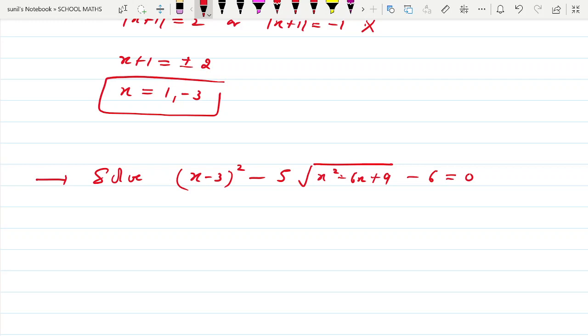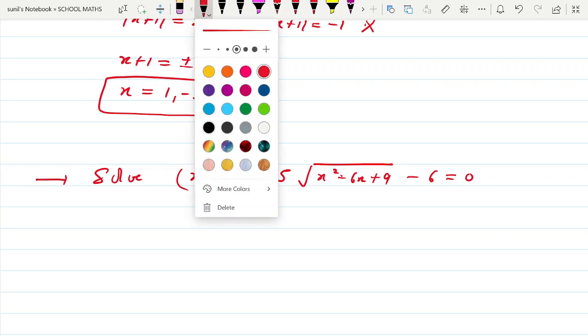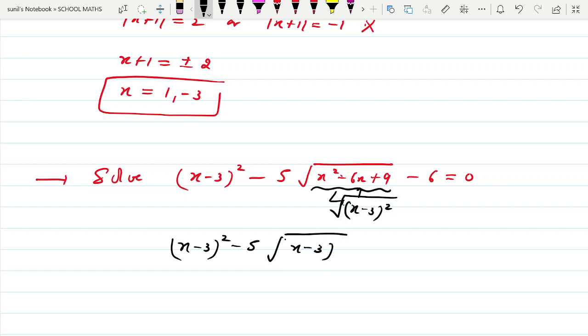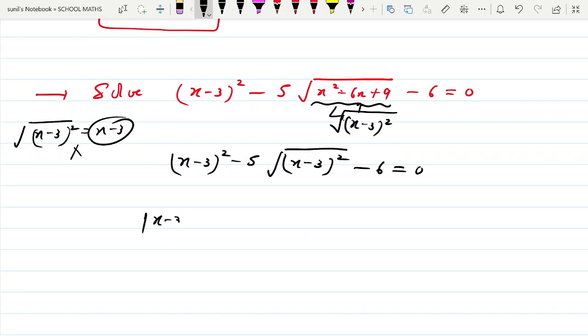Again, I told you in the previous problem, first watch the expression carefully. See, what is this? 9 is 3 square, so we can write this as x minus 3 whole square, square root of this expression. So this becomes x minus 3 whole square minus 5 under root of x minus 3 square minus 6. Sometimes students commit this mistake. They directly write this. Please don't do this, as we have shown in the example. So what we will do, it is modulus of x minus 3 square